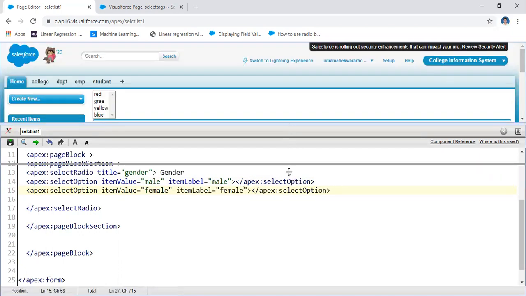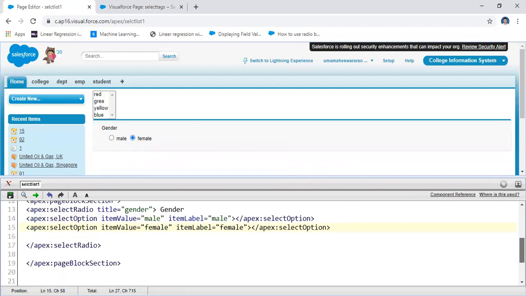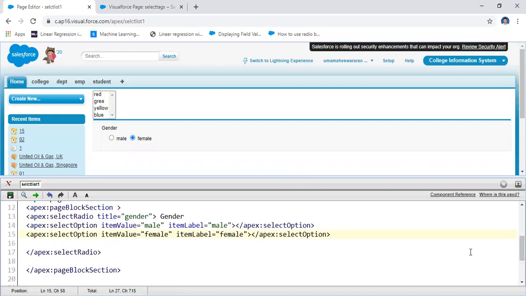This is a radio button, not only for this one. For example, if you want to select add or multiply or something, here for example this is gender. For mathematical calculation also you may use some radio buttons, for example add, multiply, division. In particular cases you need the radio button. You select any one of them. From the list you may select more than one, yellow, green, like that. And that is a radio button.